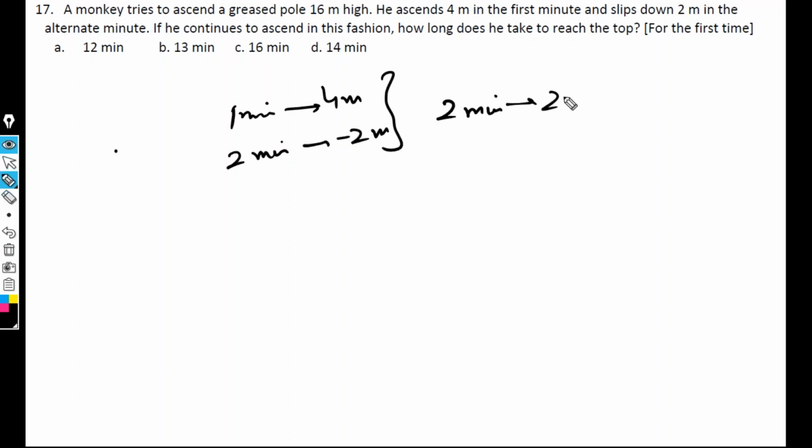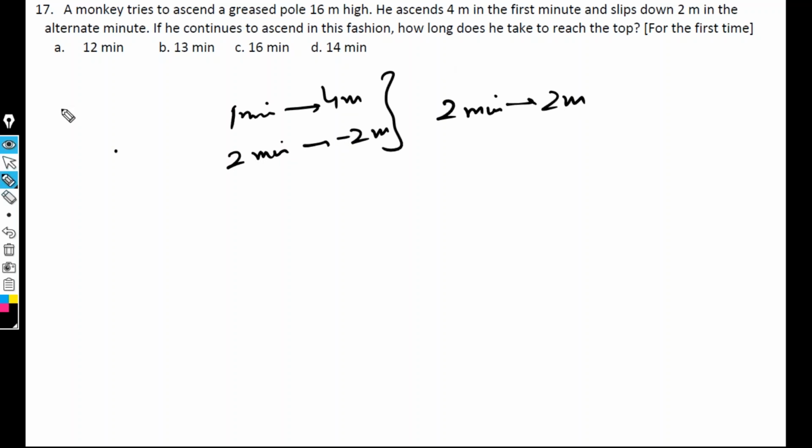Now you guys have to be very quick here. So in the first minute, let's discuss. In the first minute, it will go up 4 meter, and in the second minute, it will come down by 2 meter. So can I say in 2 minutes, the total distance covered is